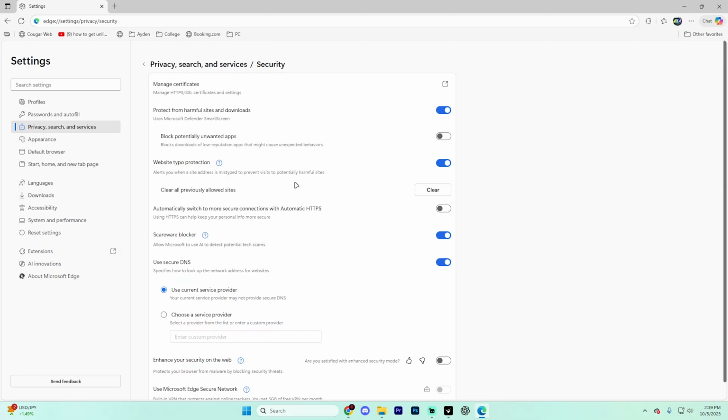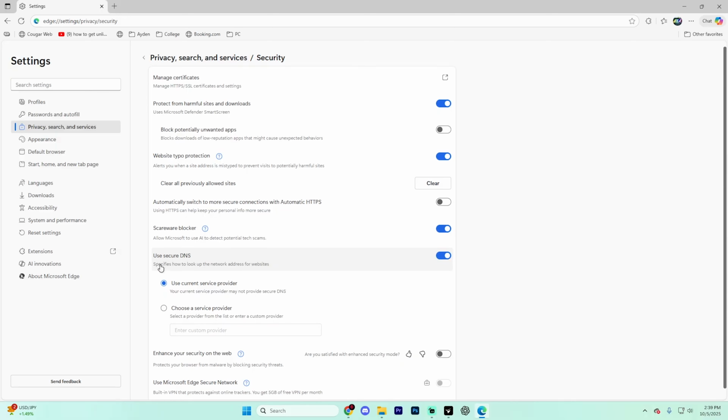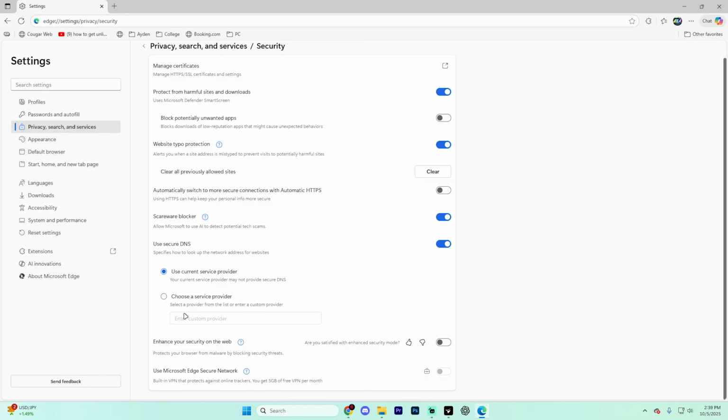Once you are in Security, you're going to see an option for Use Secure DNS. Go ahead and make sure this is ticked on or this is not going to work. And right underneath the option for Use Current Service Provider, you're going to see an option that says choose a service provider. Select that, and in this little tab that says enter custom provider, open it up,